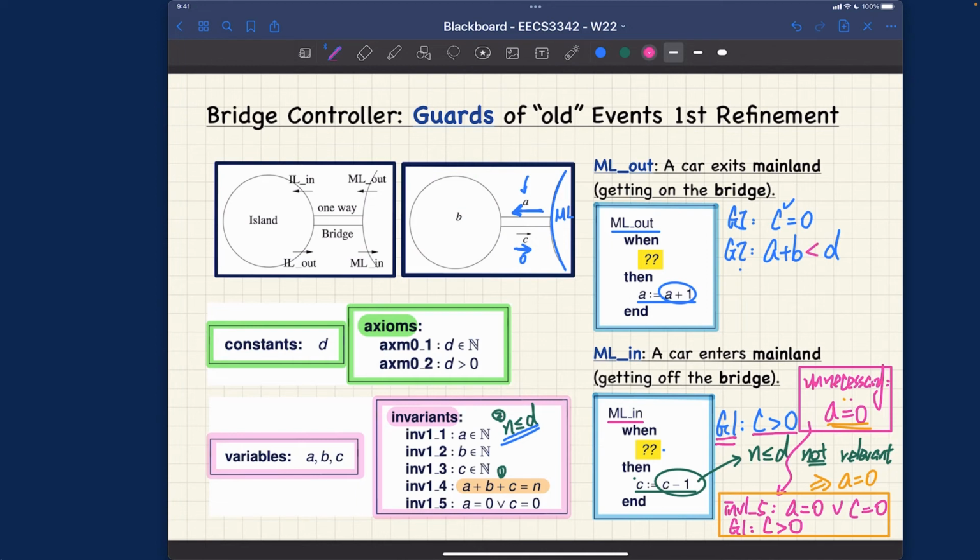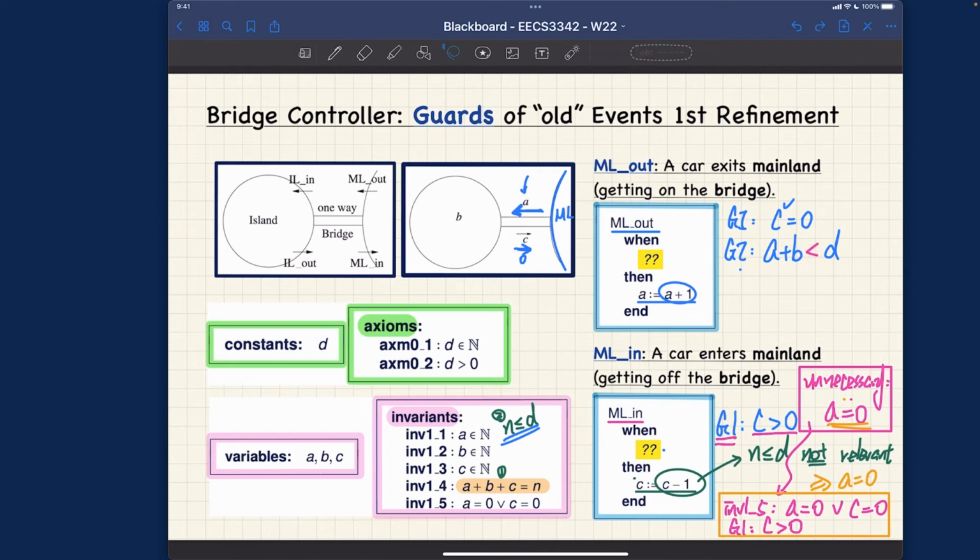But now let me show you how to derive it. Right. As said before, we should really consider two relevant inequalities. One would be from the abstract states, N should be upper bounded by D. And also, in the concrete states, A plus B plus C should be equal to N. However, I overlooked the consideration that A is actually going to become A plus 1 after ML out was enabled and also executed, right? So that's something I didn't really pay attention to. So that's why my result was actually less than or equal to rather than less than, right? That's some mistake you definitely want to avoid, not like me.